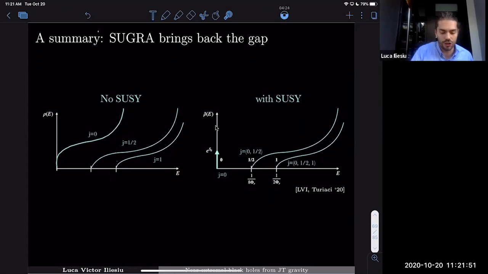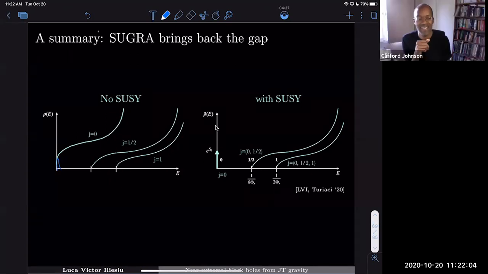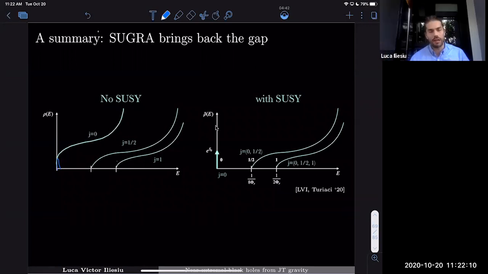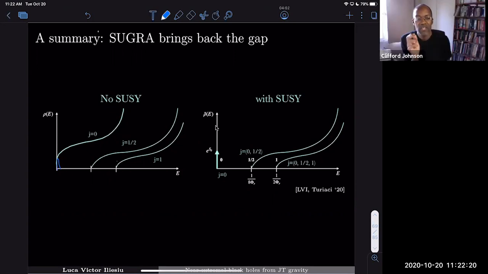I agree that there should be a gap here. Now the problem with just doing that is that, as I mentioned previously, one would have to account for many other things before trusting that the non-perturbative completion of JT gravity via, let's say, matrix integrals or matrix models would yield the correct gap for an actual Reissner-Nordström black hole. Because there are all sorts of Kaluza-Klein states that also turn on, and one needs to see what they do. So it might turn out that it pertains to it, but one has to check.